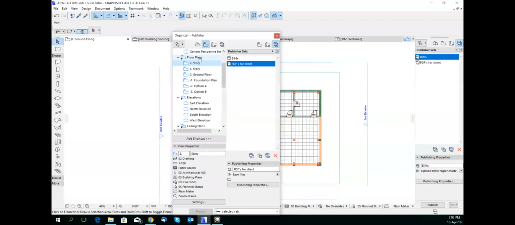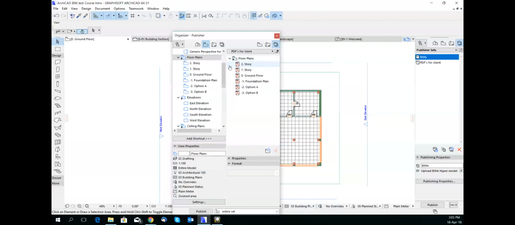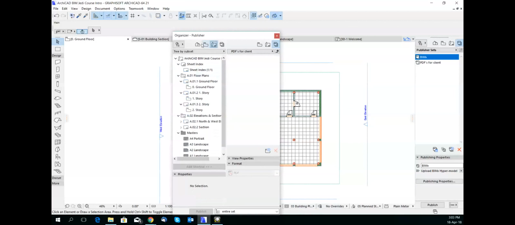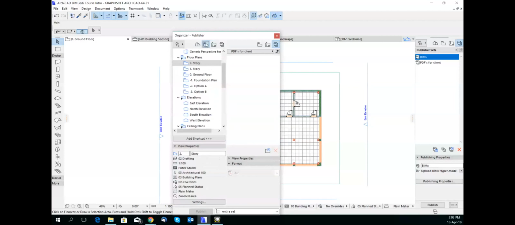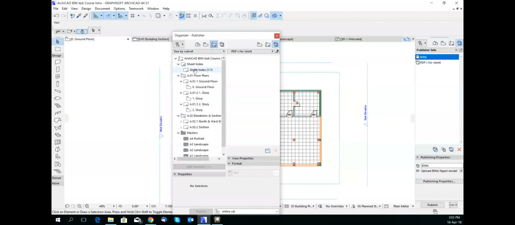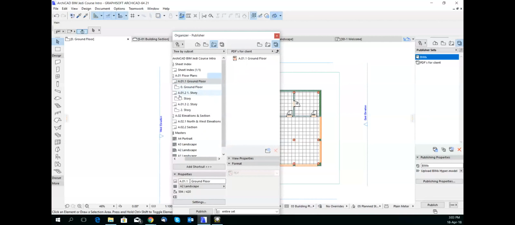We can either select a whole group and add them in, and it'll automatically come in as a subset, or we can do it drawing by drawing or sheet by sheet. We need to be careful what we're bringing through. We can either bring through the views or our drawing sheets. In this case, I want to just bring through the drawing sheet. So we'll bring through our ground floor plan,